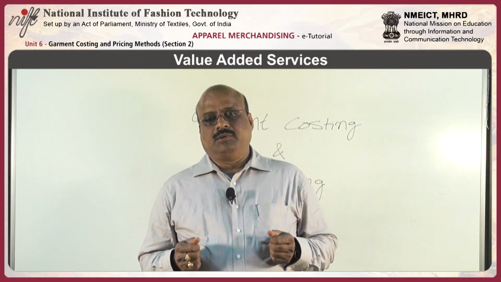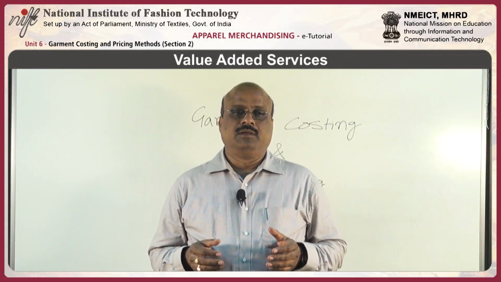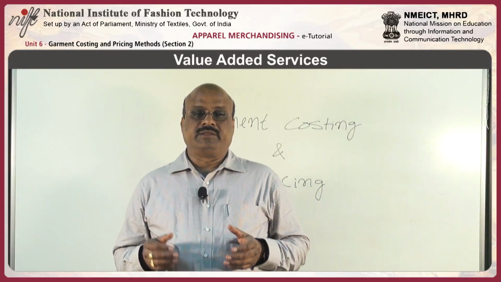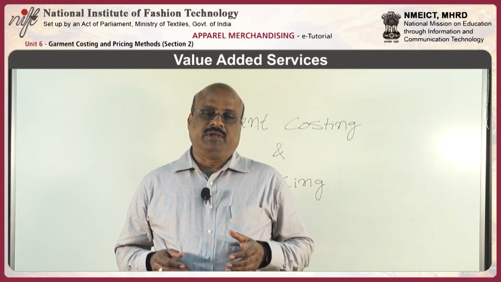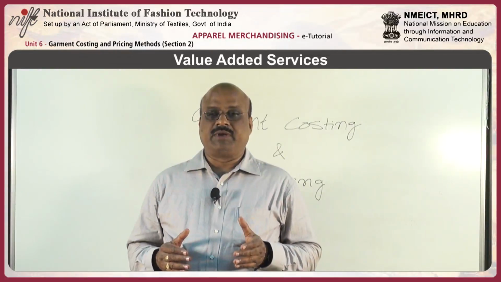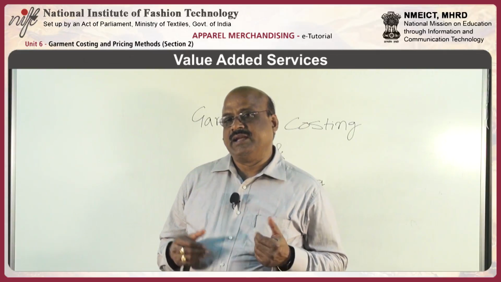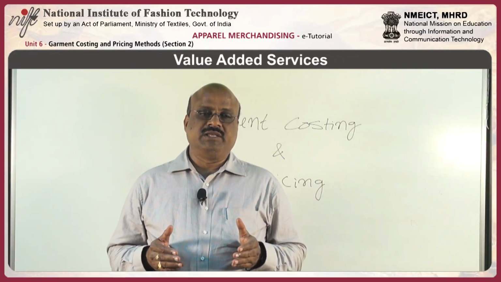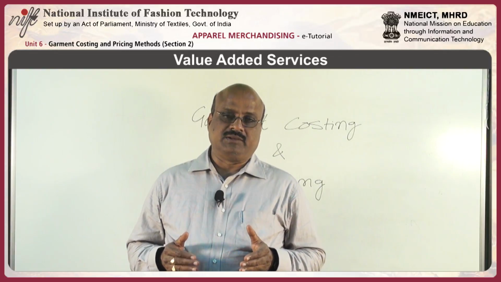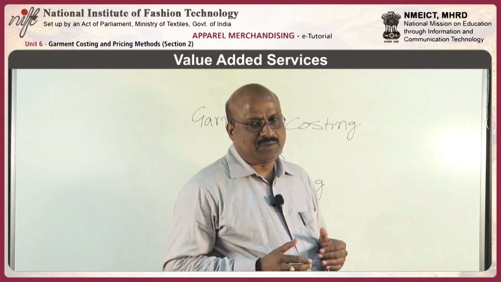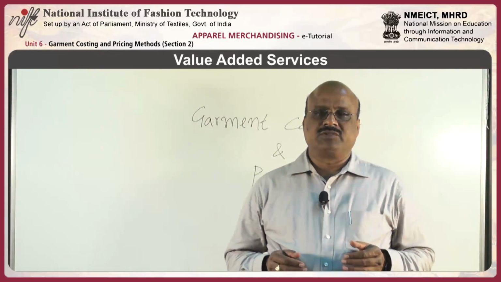For example, embroidery costing requires derivation of thread consumption. That means, in the embroidery, how much thread is consumed. Additional cost of hand embroidery is involved. If it is a hand embroidery, what is the additional cost involved? Printing costing is dependent on number of colors and printing. So whatever is the value added service, if it is embroidery, what is the cost involved for doing